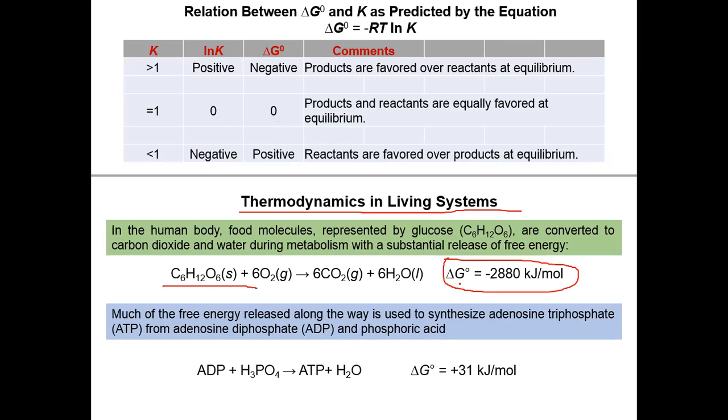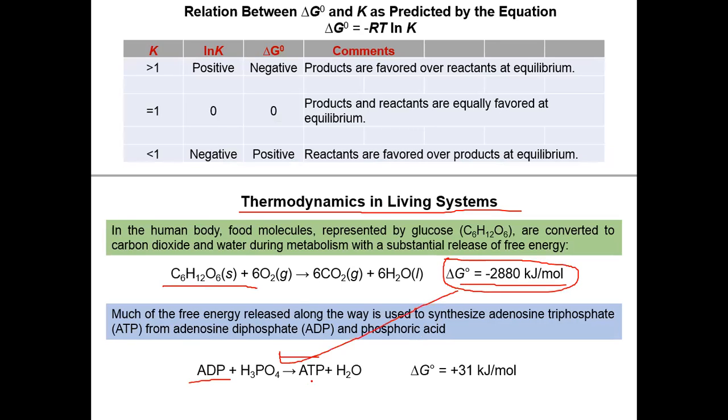So it means that it loses energy. So this energy goes somewhere, right? This energy released during the burning of glucose can be stored in the organism, right? And then used for some other processes. For example, to convert